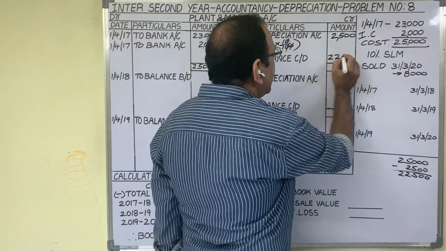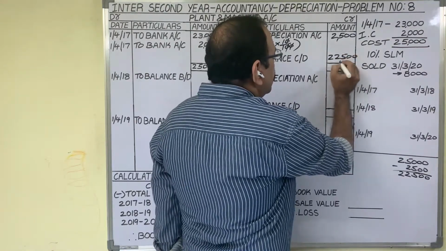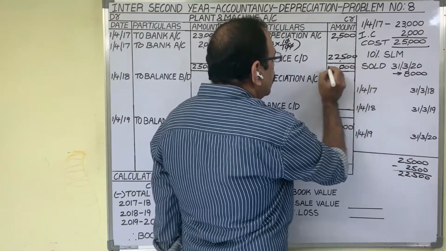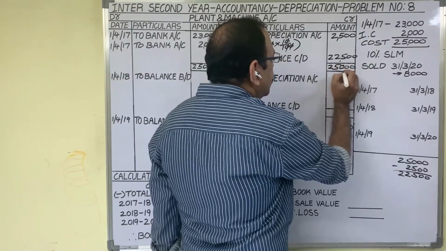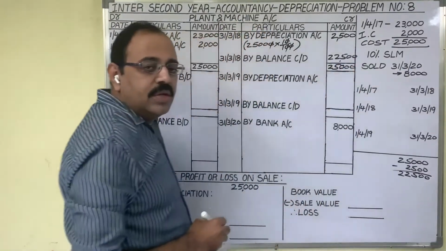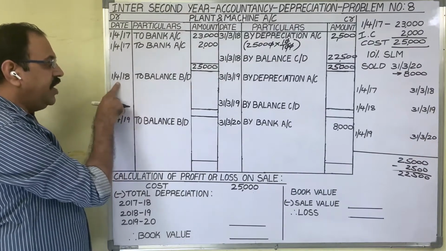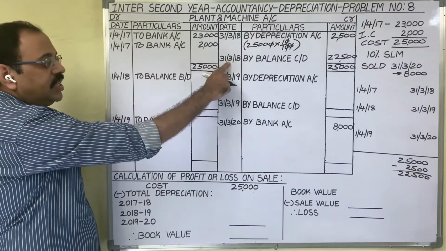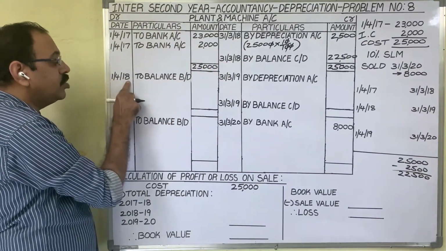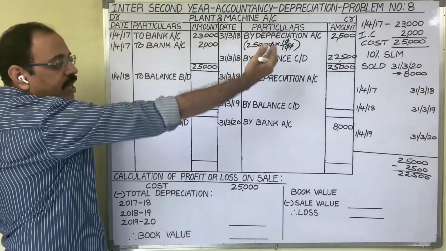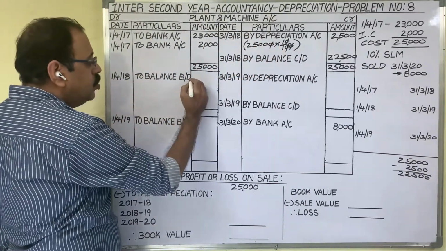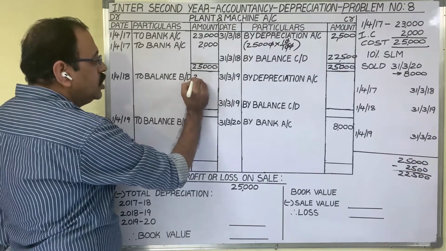22,500 is balance carried down. Put the total 25,000. First year is completed. Come to second year. Date is next immediate date of this date, 1st April 2018. Bring that balance here, to balance brought down